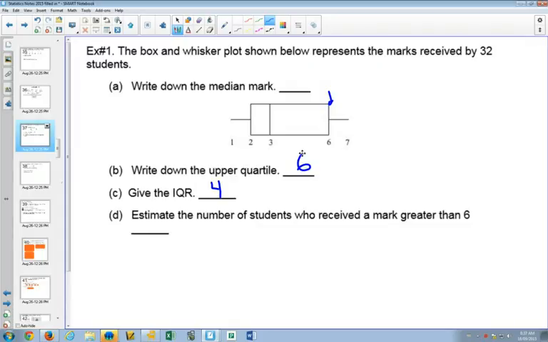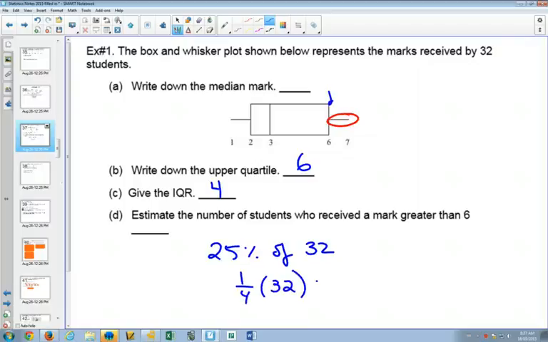How many students scored greater than 6? So can you see we're looking for this section right there? That whisker is how many scored greater than 6. And like we showed before, each of those sections is 25%. So if we do 25% of 32, or 1/4 of 32, we would expect 8 students to have received a mark greater than 6,